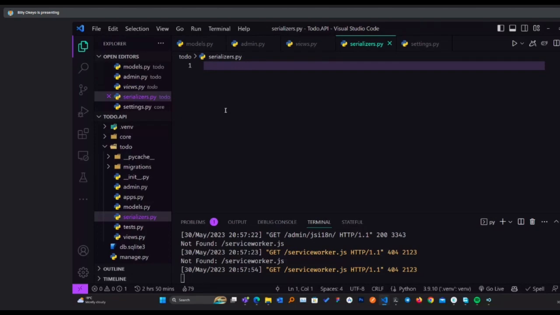Not every front-end framework will be able to read the query set as it is in Django. So we have to convert that query set into a JSON format, then we serve that.